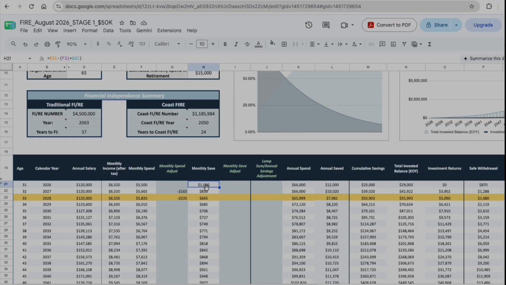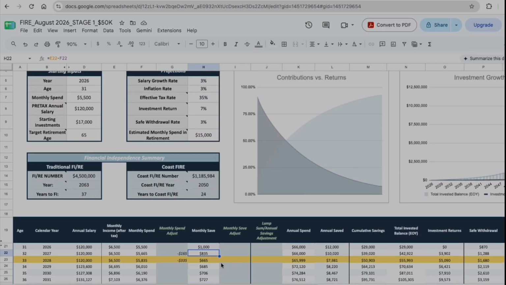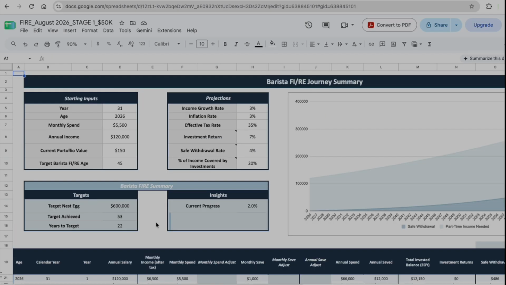And this I'm not doing right now. So in my head, I know that even though this says $800, $600, it's probably going to be more like $1,000 or more. But just knowing that and seeing it here is still helpful for me, so that I can assess my goals accordingly. And then the Barista Fire, this one is